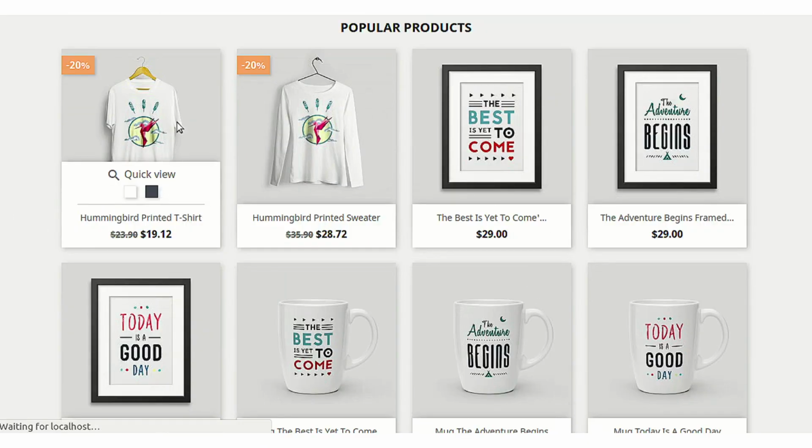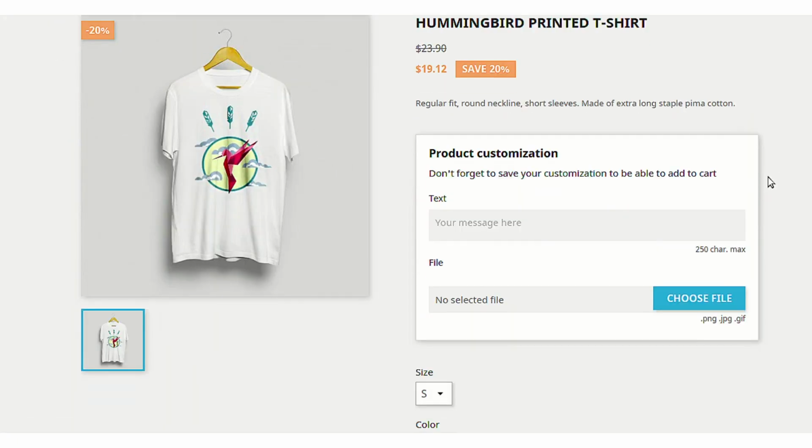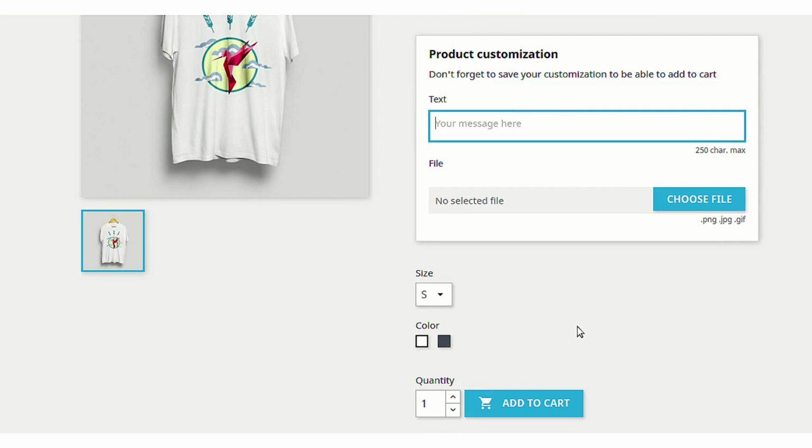This is the product, Hummingbird printed t-shirt. As you can see, we have successfully added the customization fields, and this customization field is not mandatory, so